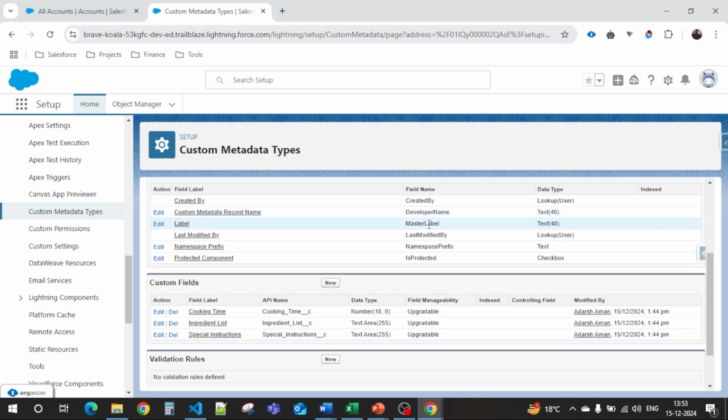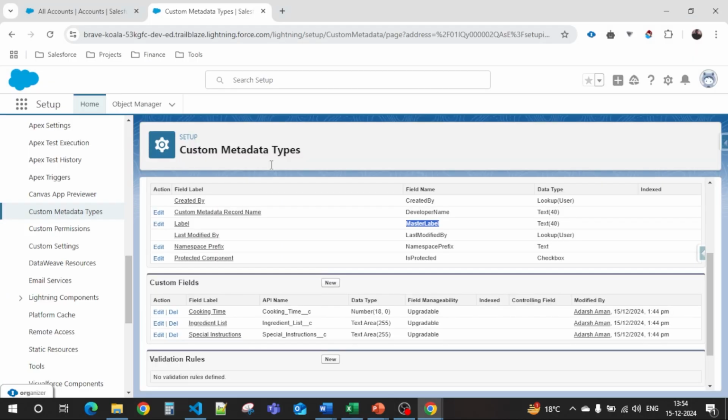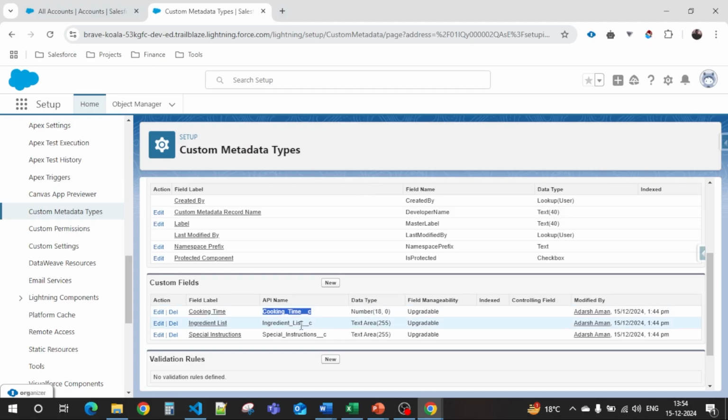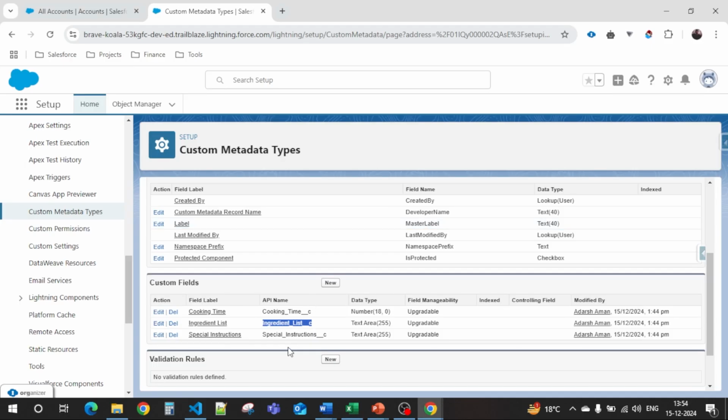So the first one is, you can either use a developer name or master label, anything you can use. So let's keep it simple, because master label is the standard field. Let's fetch it here. Let's fetch the cooking time here. Let's fetch ingredient list and special instructions